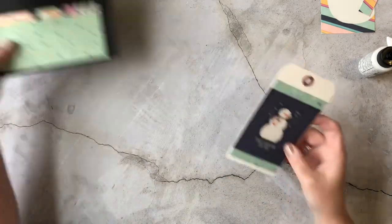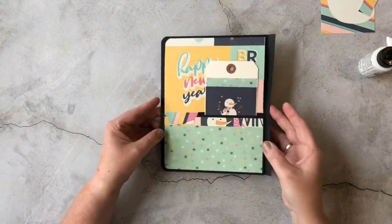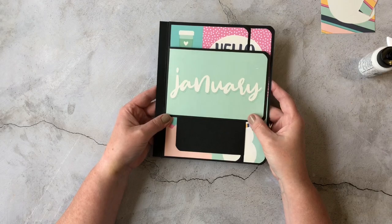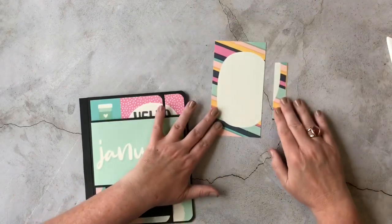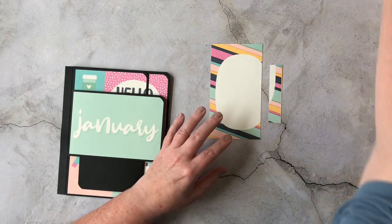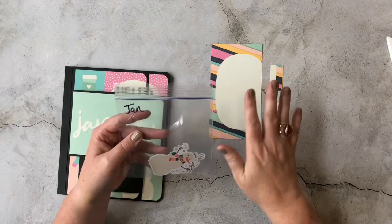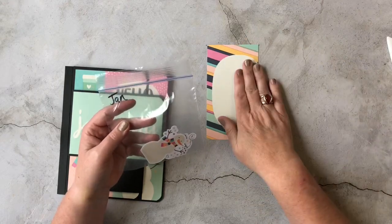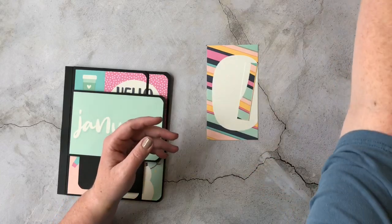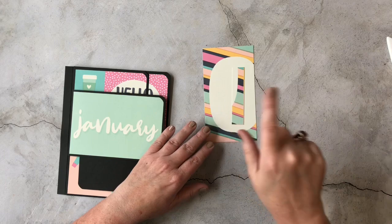Okay, so here's January. So now this will go in the pocket and hold your flap down. And there's your January. And this is what we have left over. So you might want to have some baggies or something lying around to keep all your leftovers, or just put them together so you know that this is January and this is February, and just keep them in order, because we are going to go back to these and use these little leftovers in